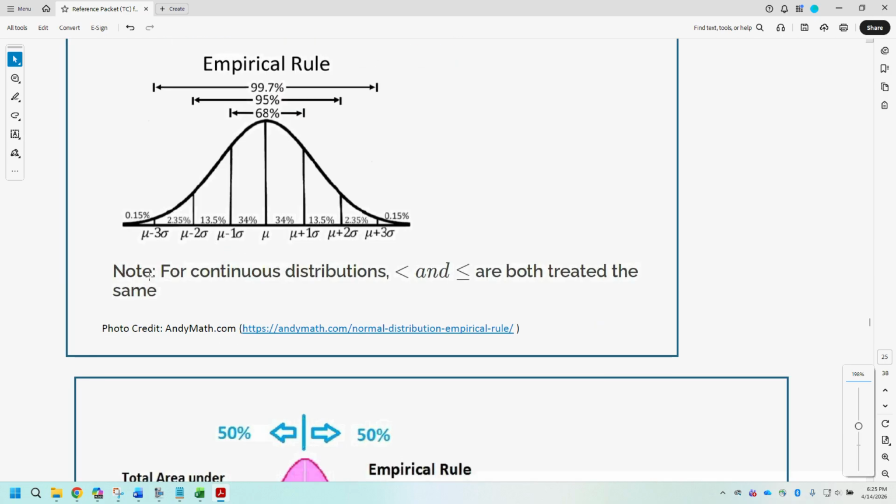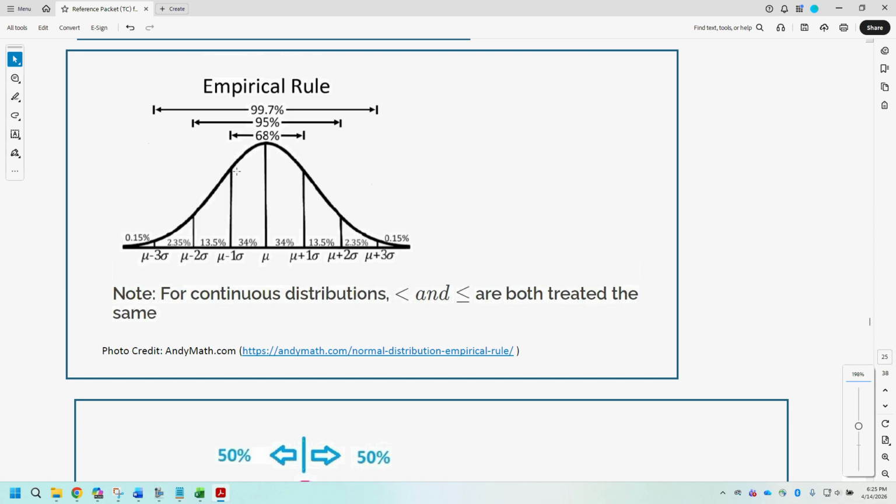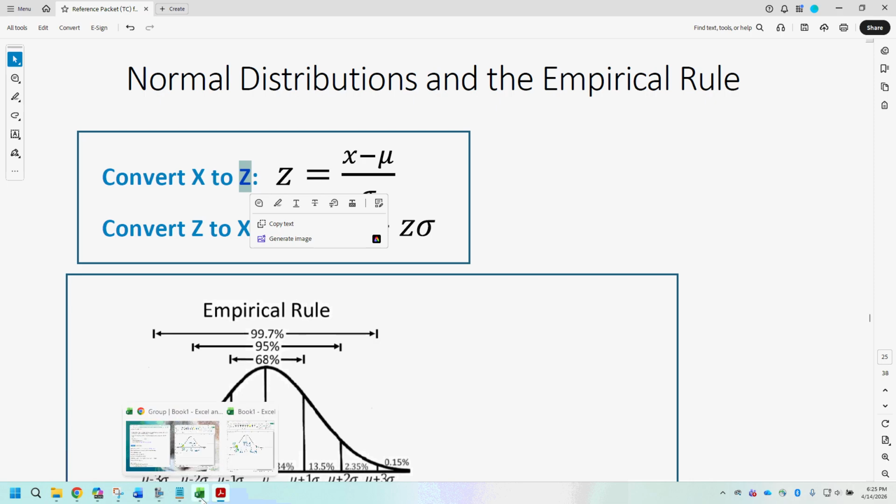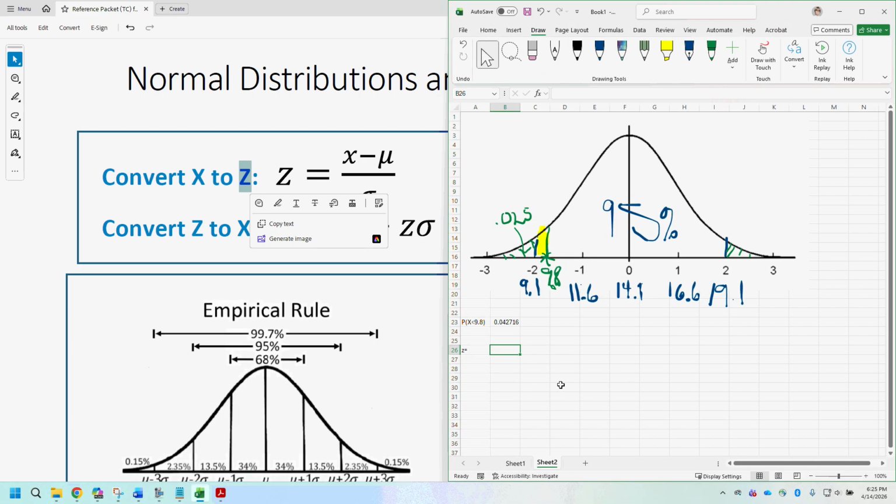So this is what I was just referring to with the expectation of a bell curve and the percentages within a certain number of standard deviations of the mean. And this is how you can turn any x value, so in this case we had inches, to a z-score, which will tell you a number of standard deviation position from the mean. So just to drive the connections home here, I'm going to do that, even though, again, we're not being asked to do this part. If I take my x value of 9.8 and subtract the mean of 14.1 and take that quantity and divide it by the standard deviation,